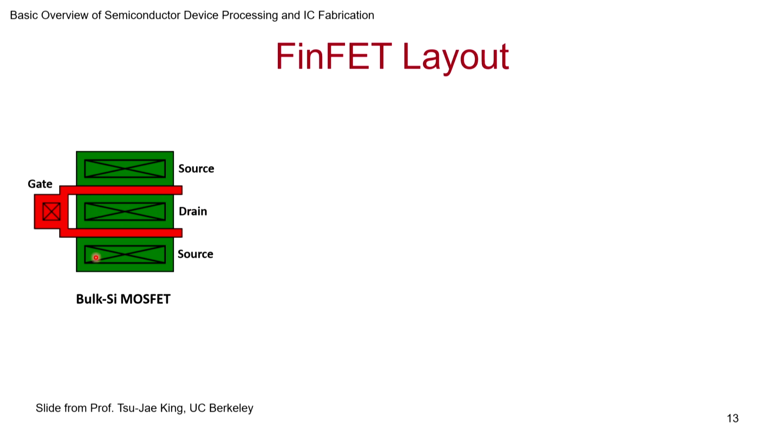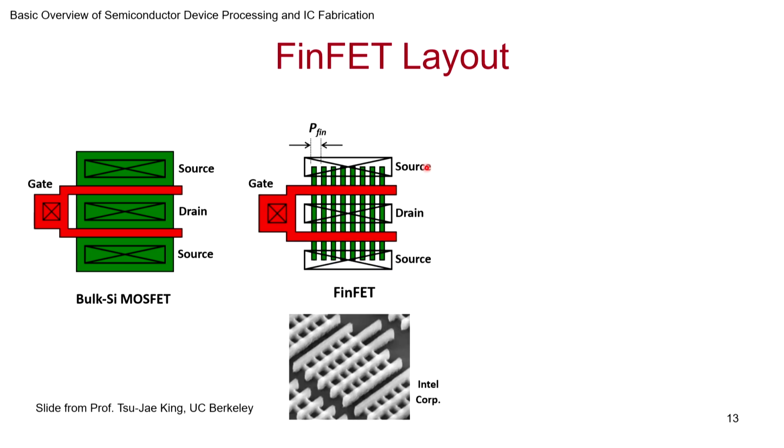So this is a flat device. This is the bulk silicon that we are all familiar with in terms of layout. Now, how will it look for a FinFET? It looks like this. And similarly here you have drain, you can do a very similar thing. What is interesting here is, as far as the layout is concerned, not much difference. There is a difference in terms of the number of discrete fins that you can put in order to get the number of W. If I want to increase the W, I put more fins, right?